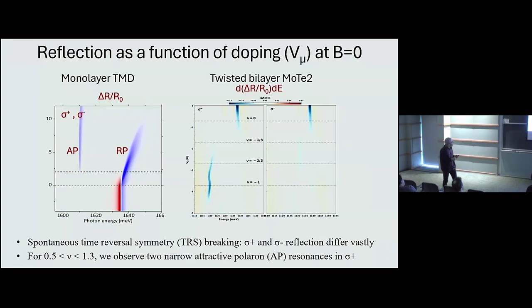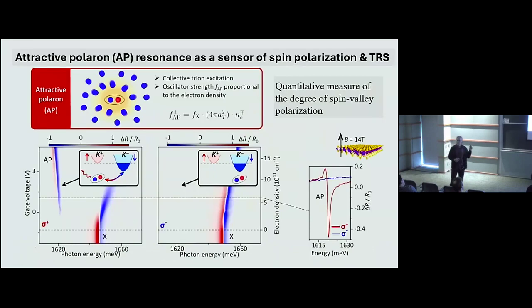What is really nice, though, is that this picture provides a very good measure. And the way one can see that is to go to high magnetic fields. At 14 Tesla, what happens is that up to about 10 to the 12 or higher, all the electrons that we inject go to one valley because of the valley-Zeeman effect that Ajit first observed. Basically, the energy of electronic states in the K minus valley is lower. So when we inject, all the electrons go to K minus.